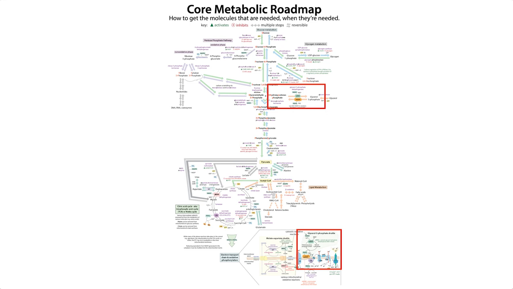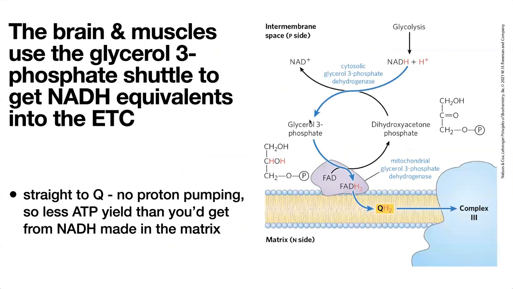When we generate glycerol-3-phosphate, now we're actually able to take that glycerol-3-phosphate, which now holds on to those electrons. The glycerol-3-phosphate can now pass those electrons onto FAD in your mitochondrial membrane. And then we oxidize it, so we reverse this reaction. But here we're passing those electrons from glycerol-3-phosphate onto FAD to form FADH2, which can then pass those electrons onto